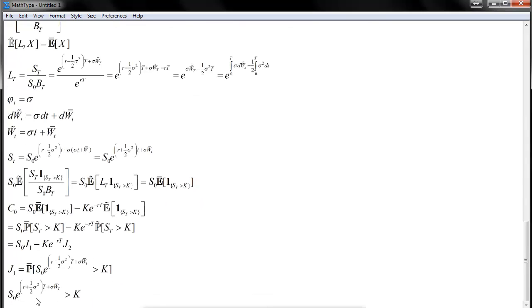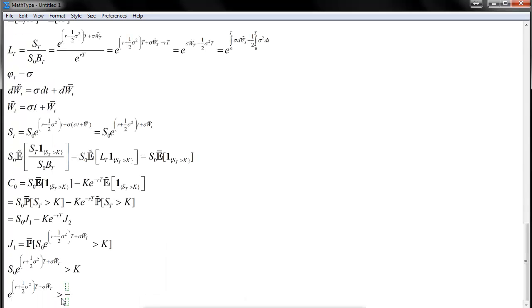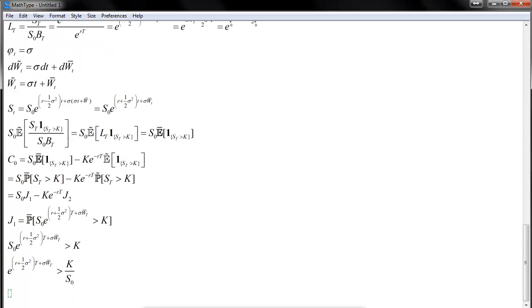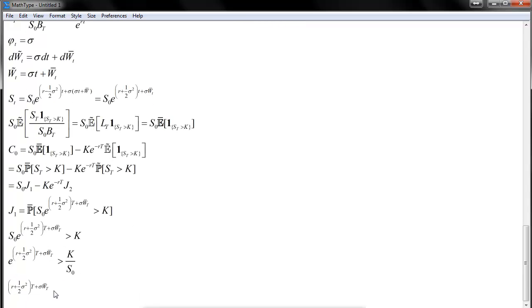So how can we transform this? Well, firstly I divide by S0, so on the right hand side I get K divided by S0. Now I take the logarithm, so the left hand side is just simply this greater than